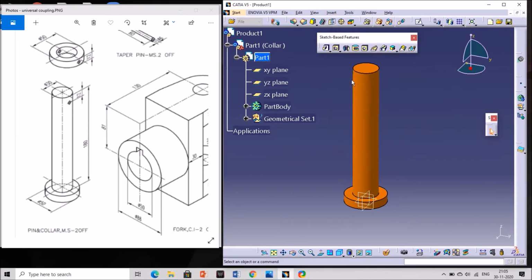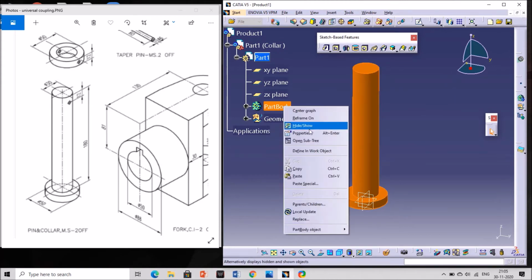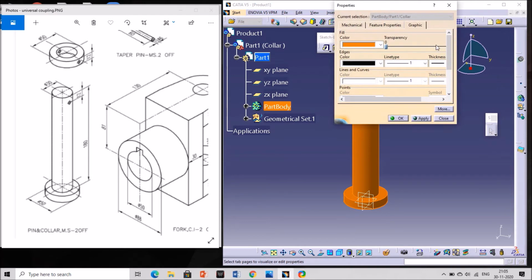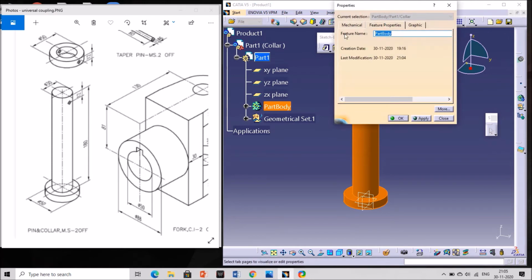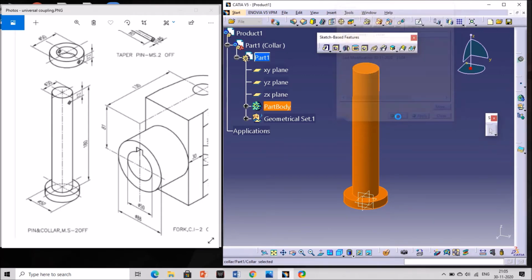So the color is changed to your specified color. Okay, so here also you can give the part name. Right click, go to properties, go to feature properties and give the name as collar and click on OK. So this is how the name is changed.